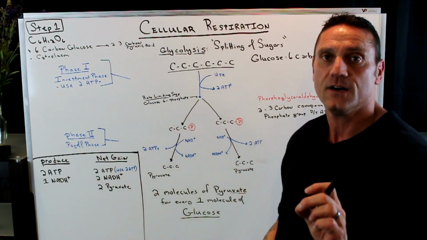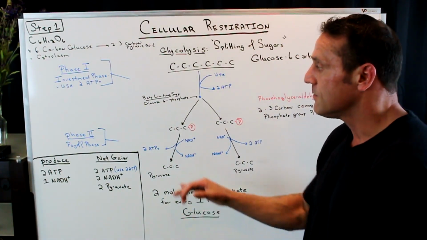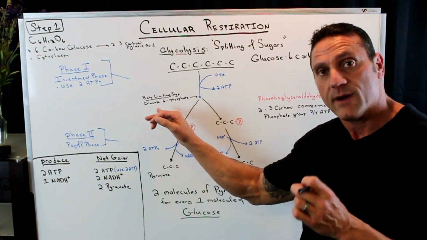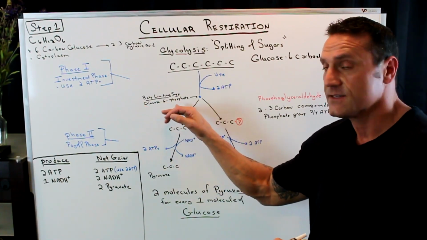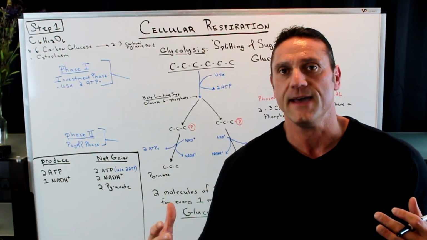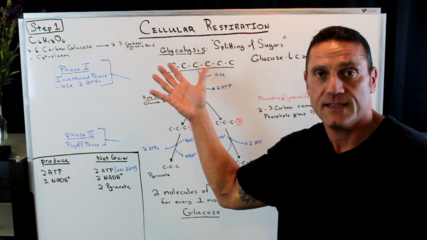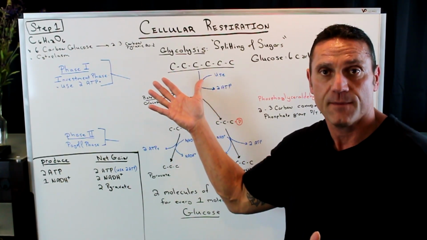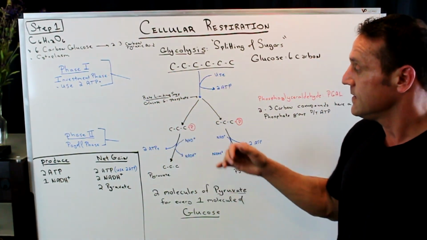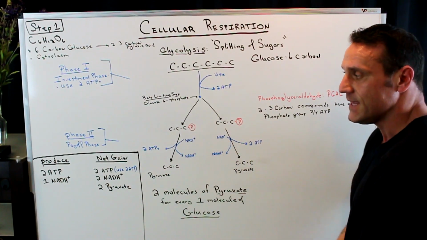Now, one thing to note is, again, this has a lot of steps that I'm missing out. I know that. However, this has a rate-limiting step, which is glucose 6-phosphate. Anytime we talk about rate-limiting steps, that's like a safety mechanism so you don't overload the system in this part with the carbohydrate. So you've got two 3-carbon compounds that have a phosphate group, PGAL, and now you're going